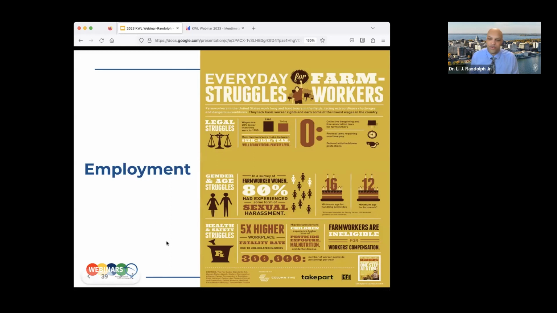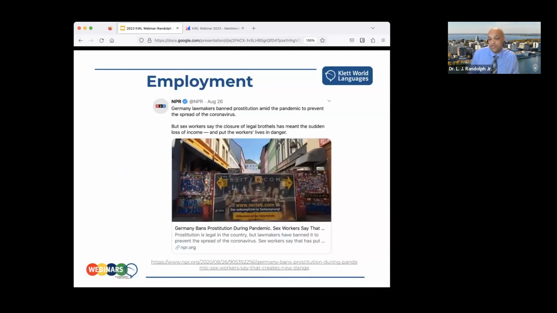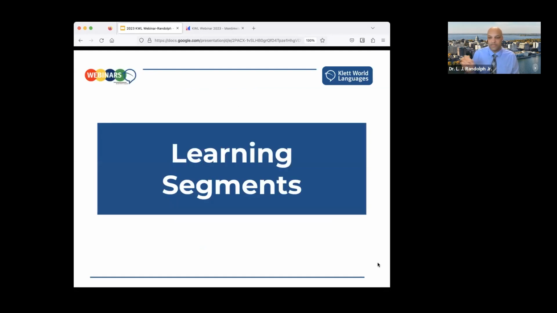If you're a little bit more advanced, and also the students are a little bit more mature, this is something that I work with a German educator on, looking at when Germany banned prostitution, which is a legitimate profession, during the pandemic, and looking at ways that people who are involved in that profession and also their allies engaged in advocacy and protests in order to enact change. And so that's something that's interesting to look at as well. So those are just some little tidbits.